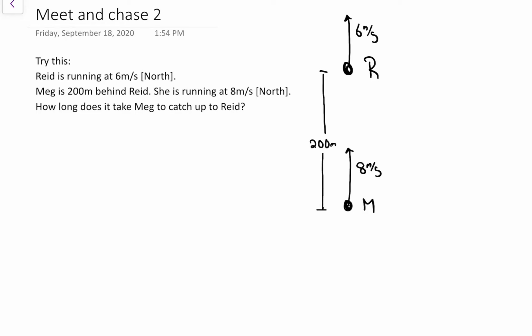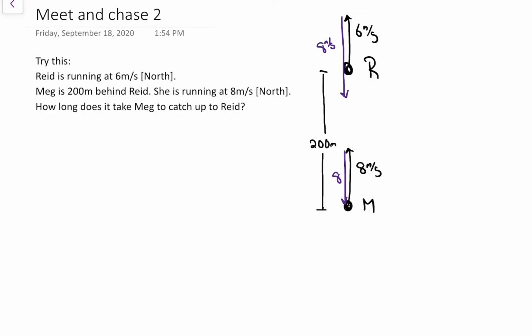You might be able to do this intuitively, but like I said, I'm always going to do the opposite arrow thing. Let's jump into the perspective of Meg. To switch perspective, we add the opposite. Meg's moving at 8 north, so we have to add an 8 south to everything. So an 8 south brings that back to 0 as expected, but when we add an 8 onto here,